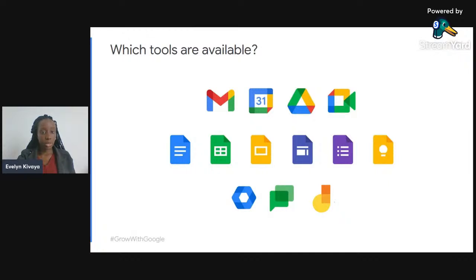We can jump into the different tools available on Google Workspace. So for example, clockwise on your screen, you can see the icons of Docs, Gmail, Calendar, Drive, Meet, Charts, Jamboard, Admin Console, and also Slides, Sites, and Forms. Just to tell you that some of the tools currently on the presentation have actually been eliminated, but as we dig deep into it, I will explain everything.